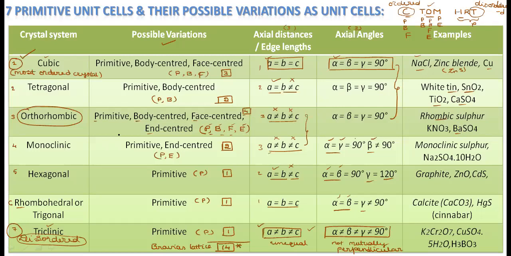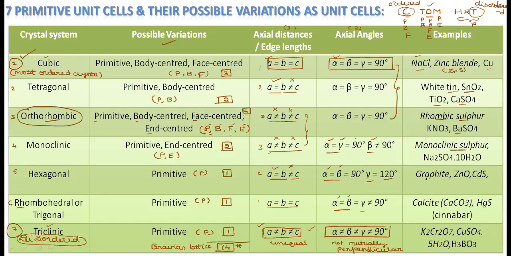With the name of orthorhombic, it is rhombic. So rhombic sulfur you can take, so that you can remember for the next also. Rhombic sulfur for orthorhombic, monoclinic sulfur for monoclinic. These are the allotropic forms of sulfur that we are going to discuss in the 16th group of p block elements. Along with that, if you want, you can remember other examples also, such as sodium sulfate.